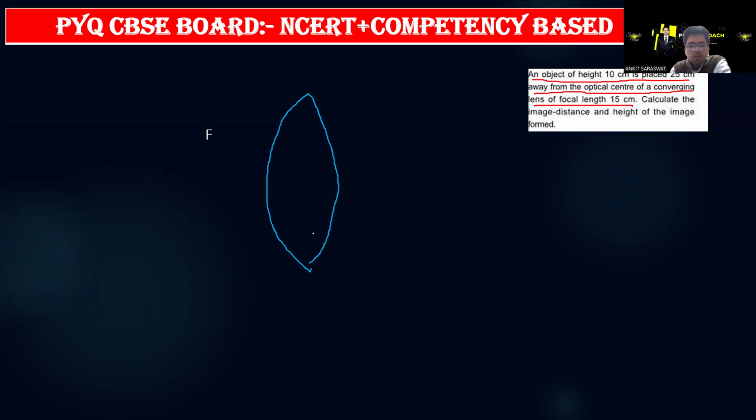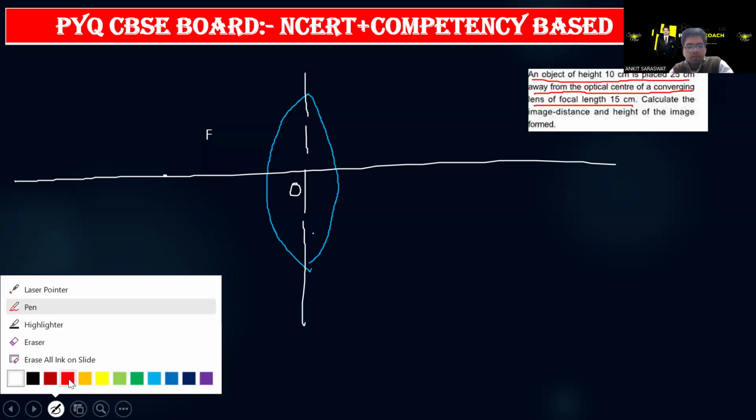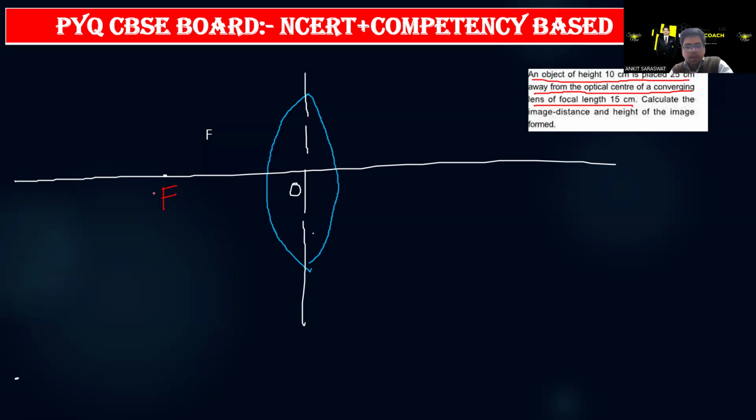Now in this question, what they are asking actually, this is x dividing this. Okay, this is aperture. Optical center. This is focus, F1, F2, 2F. Clear? This is 2F. So an object of height 10 centimeter,